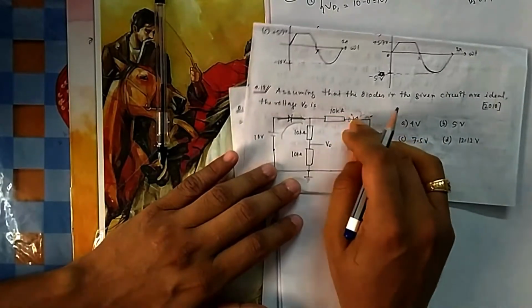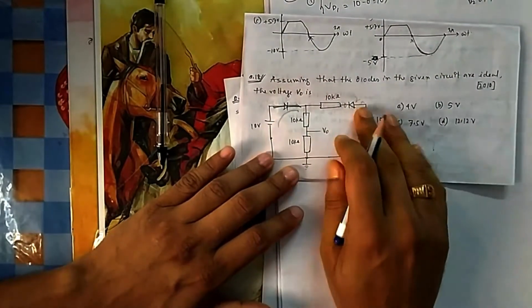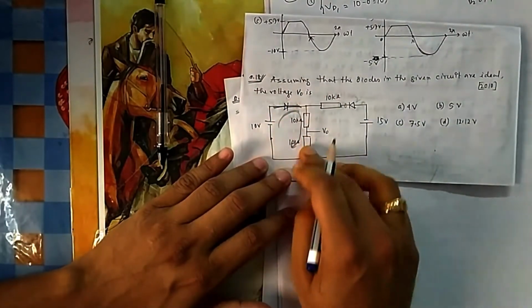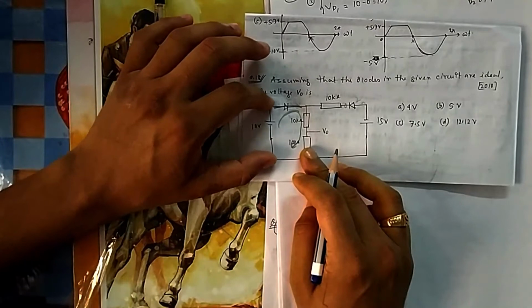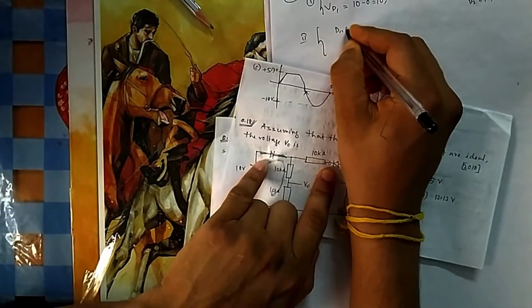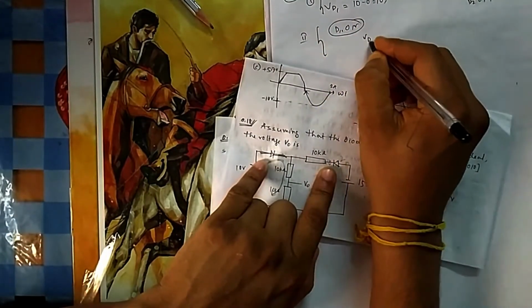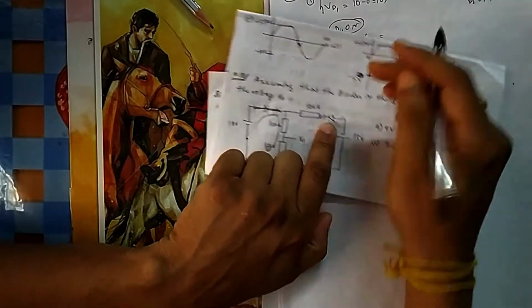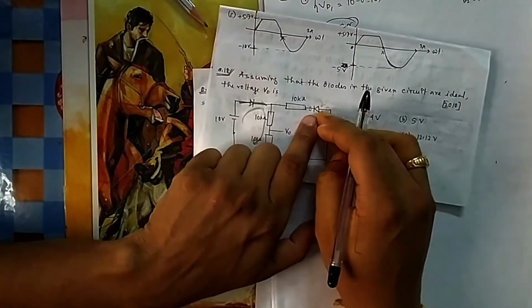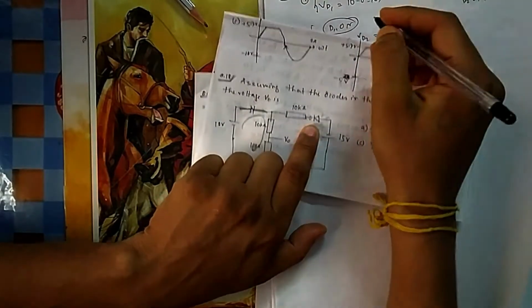Now I have to check if the voltage is changing, if any change is there or not. So the current will flow in this path. Once the current starts flowing in this path, what will be the voltage here? Because this is 10, this is also 10. D1 I am making on, I am forcing D1 to be on. So what is the voltage at D2? I have to check whether the condition of D2 is changing or not by making it on. If it changes, it can be on also.